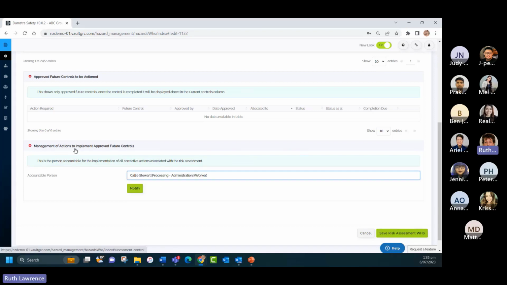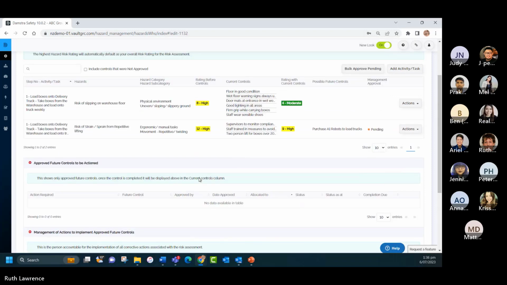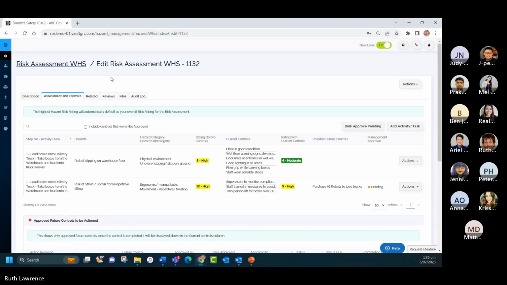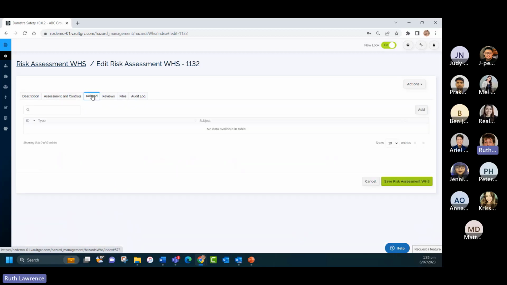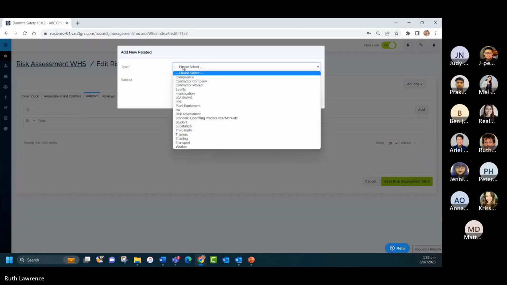And I could notify management of actions to implement approved future controls. Notify. From here, I could add another activity or task. It would be number 2, or go to the next tab, which would be related. What we can do is we can relate this task or this hazard to